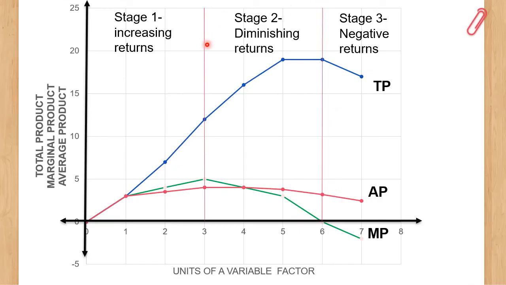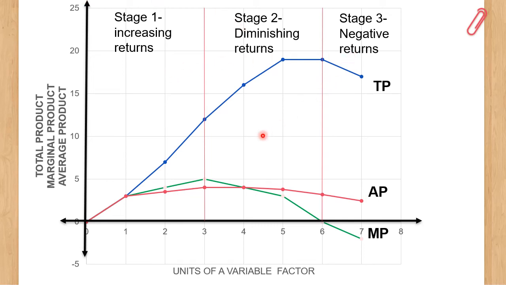Let us study this law with the help of a neat labeled diagram, as is always asked of us, right? So here we have the total product, marginal product and average product plotted on the y-axis. So don't forget that. The total product, marginal product and average product are plotted on the y-axis, and on the x-axis we have the units of the variable factor. So as we employed one unit of the variable factor and then another and then another, and it went on to the seventh unskilled laborer. So the number of laborers would be here in that order in which they were employed.